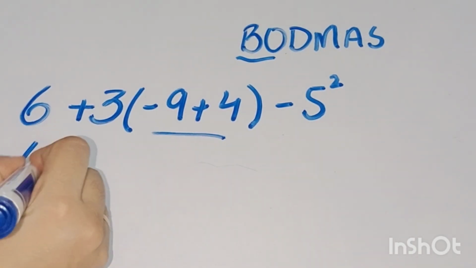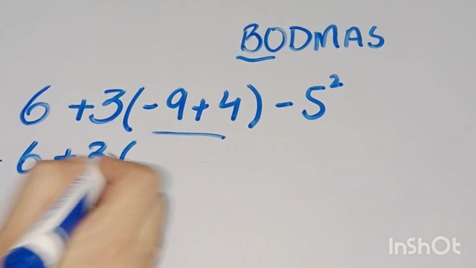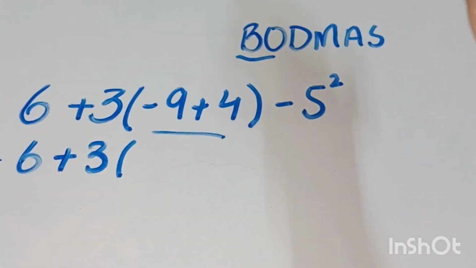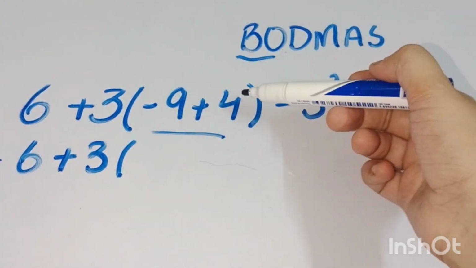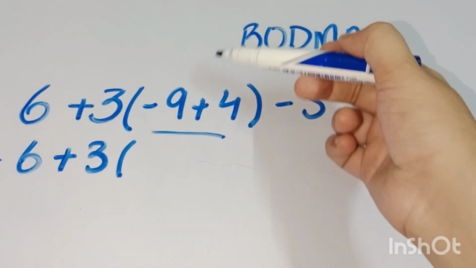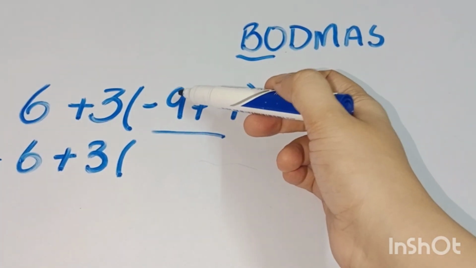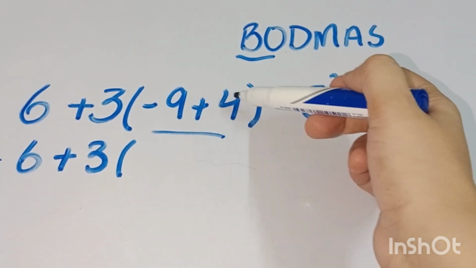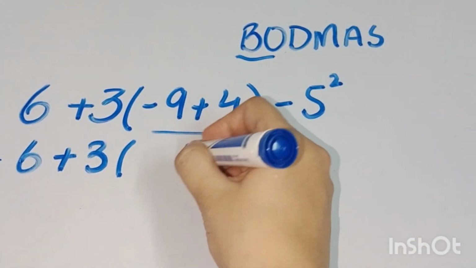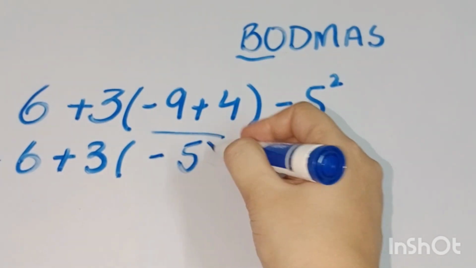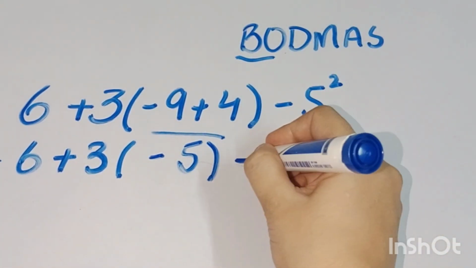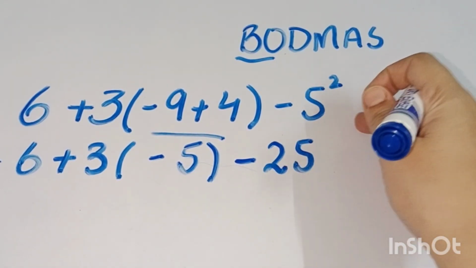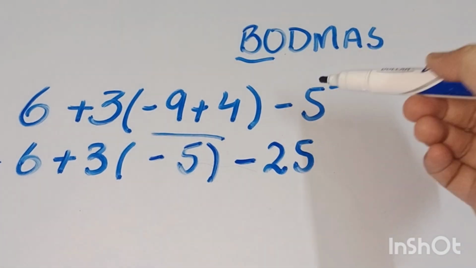Here we have, let's check, plus 3. As we all know that here we have two signs, minus and plus. When we have two signs, minus and plus, then we have to subtract these two numbers and apply the sign of the greater number. Here the greater number is 9. So simply subtract these two numbers. 9 minus 4 equals 5. And the greater sign here is minus. So apply this minus. As we all know that 5 square equals 25, because when we multiply 5 with 5, the same numbers. So the answer is 25.